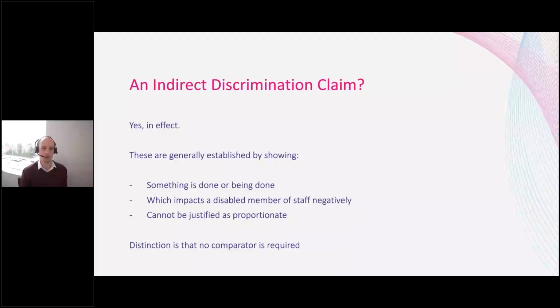The distinction, as I put at the bottom there, is that there's no comparison exercise, and section 15 claims were introduced with that express intention in mind: that a disabled individual who is put to some sort of disadvantage by a policy that you have as an organisation, as an employer, should not have to look at an individual who's not disabled and isn't affected in the same way. It produces this slightly higher burden. Where there is a potential disability claim, whoever is acting for the employee will generally try to find a way to get a section 15 claim in, because it is much easier to plead and establish than a direct or indirect disability claim, simply because there's no comparison exercise. This is probably the one to be slightly more wary of, because